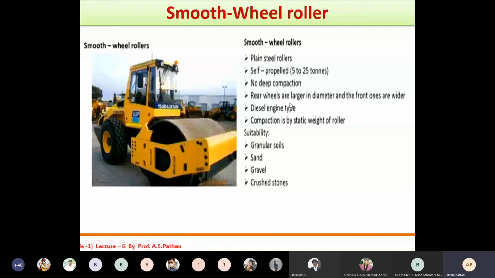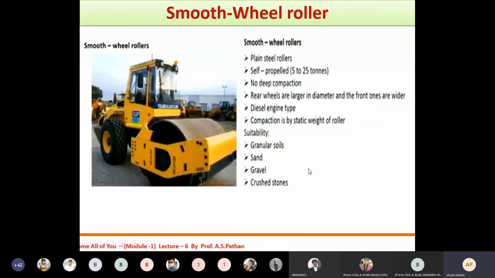The rear wheels are larger in diameter and the front ones are wider. It is diesel engine type, diesel operated. Compaction is by the static weight of the roller, so compaction is done only with the static load, the self weight of the machine, through the front wheel.